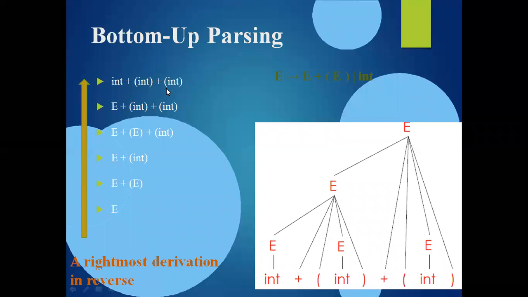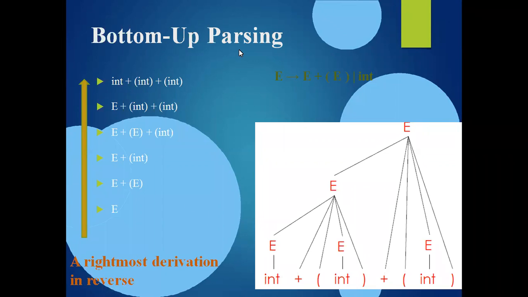And the bottom-up parse tree construction process indicates that tracing of the derivations is to be done in reverse order. See here, this is in reverse order. In top-down parsing, from the starting symbol, we generate the input string, right? Here we do it in reverse order. By taking an input string, we generate the starting symbol. That means tracing of derivations is done in reverse order. See the example, then you can clearly understand what I explained.